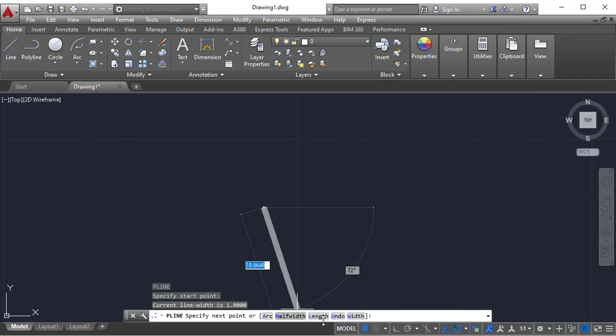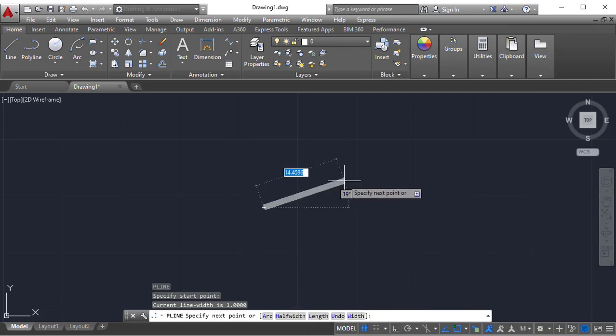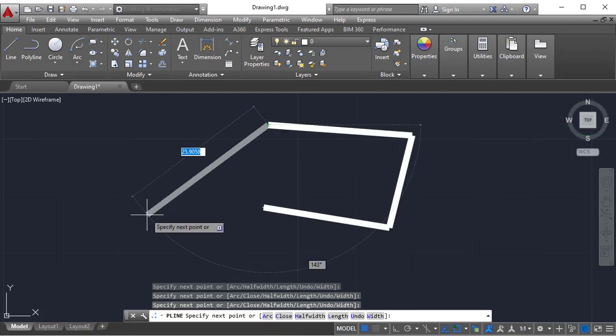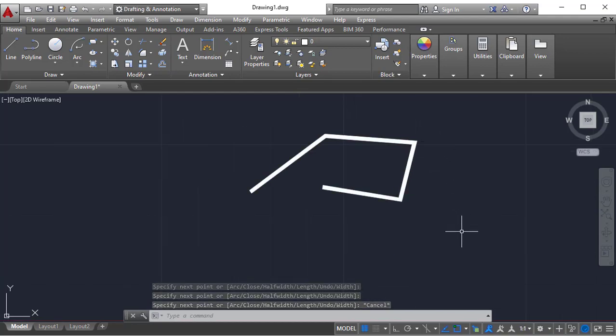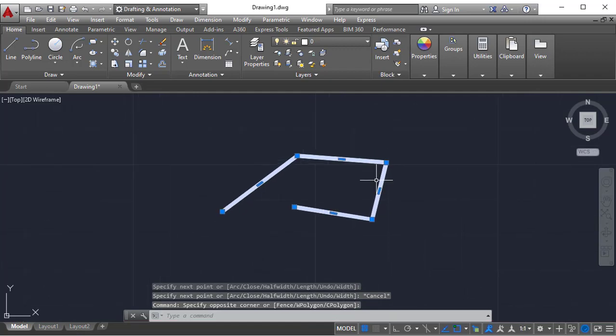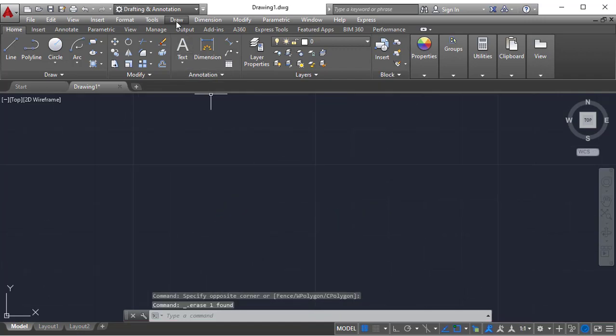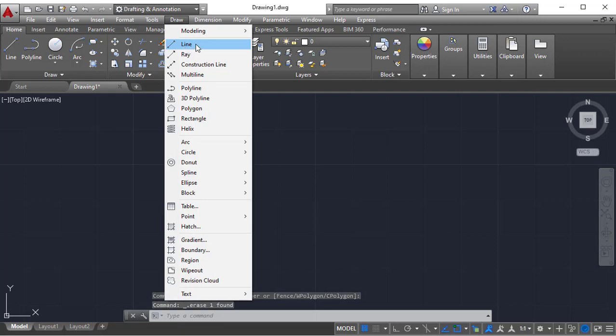So this is all about width and half width. Why do we use these two options? Simply, if you want to highlight anything or any borders, or in civil plans, you can use them as a wall representation. That's up to you entirely. There are unlimited applications for it. So these all are line commands, line array construction and a polyline. These are the line commands I wanted to talk about.